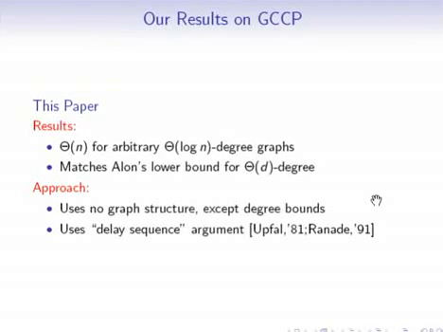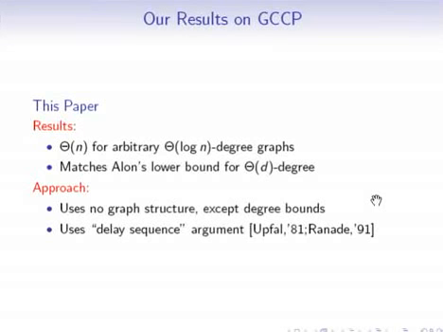For example, our approach uses absolutely no graph structure except the degree bounds, while both the previous papers use some kind of expansion property. Alon used expansion properties of expanders, and Adler, Halperin, Karp, and Vazirani used some expansion-like properties for the hypercube. In addition, what lets us do this